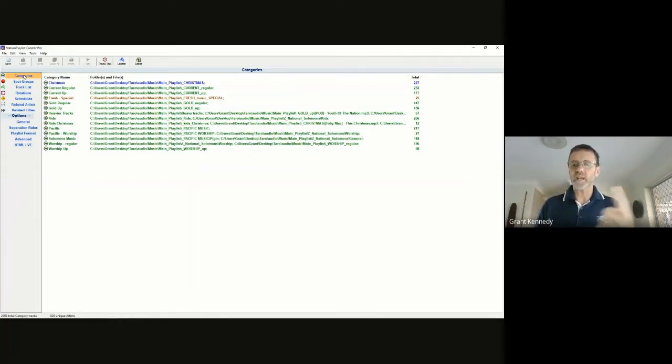You can just have one category and put all your music in there, and station playlists just randomly pick songs and play them. That can happen. But if you want station playlist to have more upbeat, brighter music in the breakfast show and in the afternoons and then early evenings, and then after, say, 8 o'clock at night or 10 o'clock at night, you want the music to be a bit quieter, and overnight you want it to be quite mellow and chill music, and then from 6 o'clock in the morning it's all bright and bubbly again. In order for you to be able to do that, you have to think about the categories that you're going to put your music into.